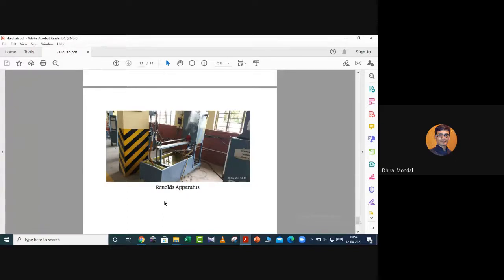So what is laminar flow? Laminar flow is defined as that type of flow where the fluid is flowing smoothly, and one layer of the fluid is parallel to the adjacent layer. As a result, there is a negligible amount of energy loss due to the flow of the fluid. But in the case of turbulent flow, what is turbulent flow? It is defined as the fluid flow where the fluid particles follow a zigzag path.